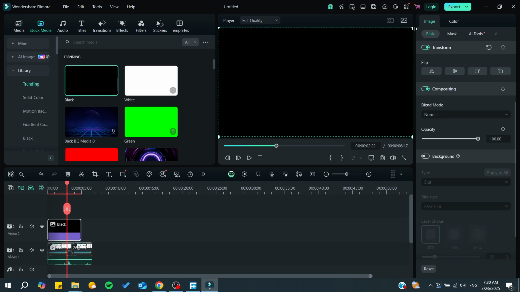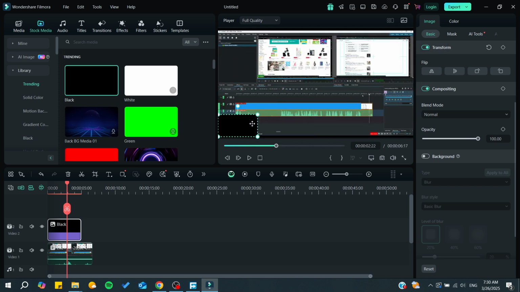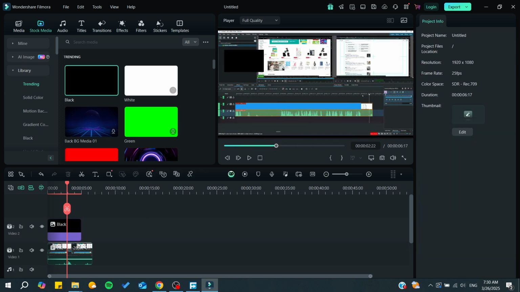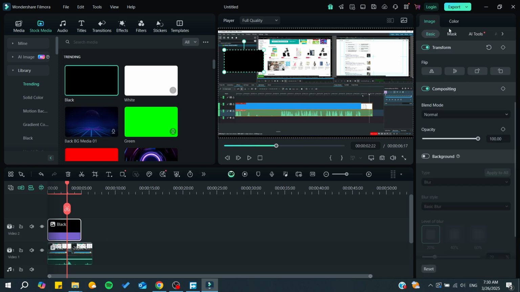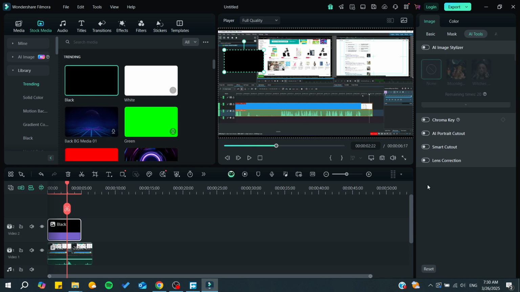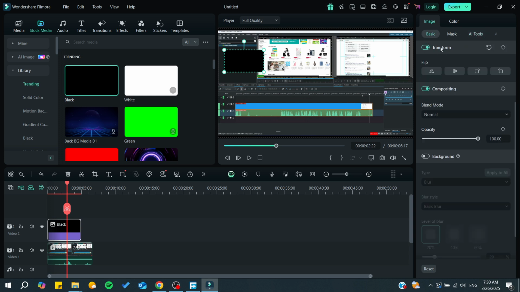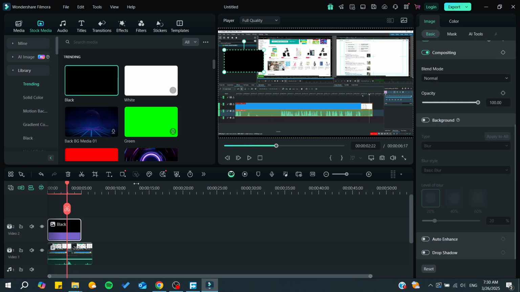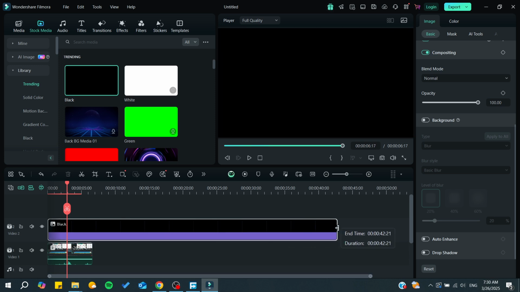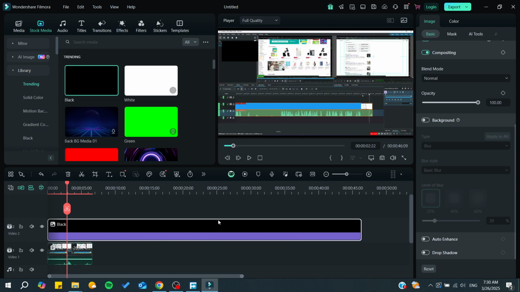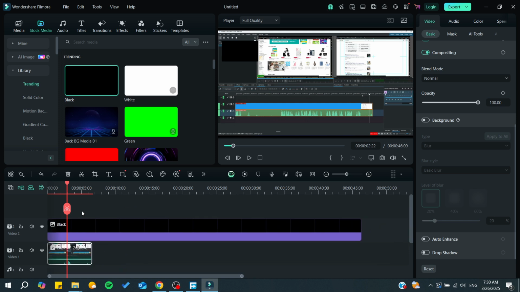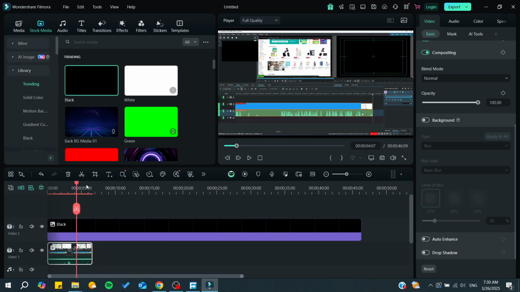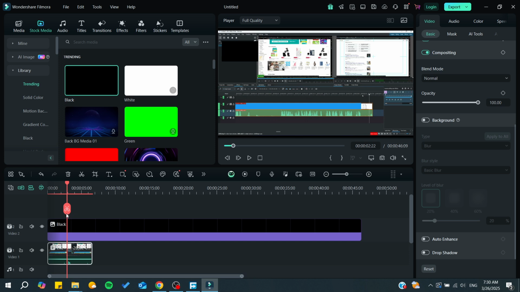So from here I'm just going to shorten it, and let's suppose this is my logo, and simply you would be needing to use it here, and here you will find some tools that you can use for this, etc. And basically all you need to do is to make sure you position your logo wherever you like, and then you just put it all along your video, and basically by that you will be able to have your logo showing all along the video,